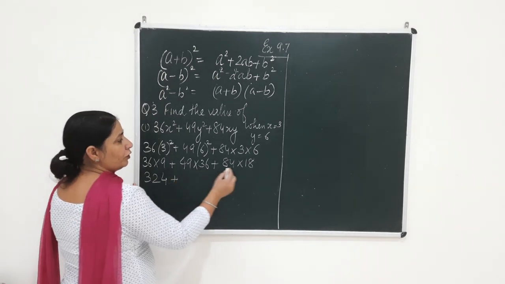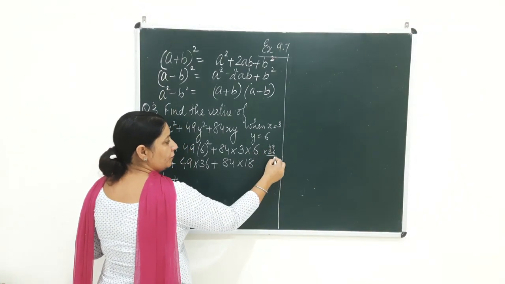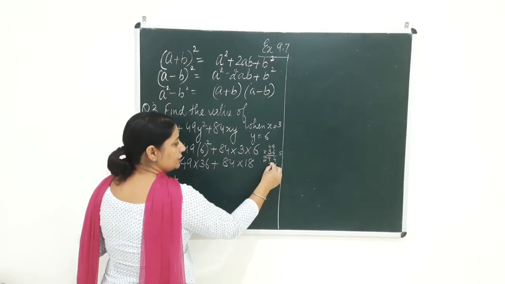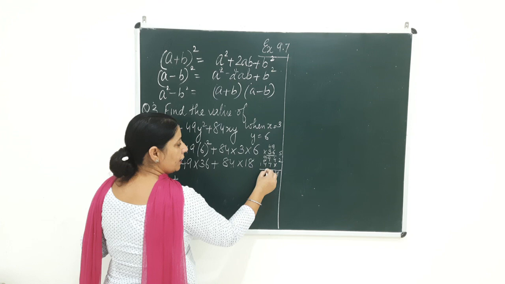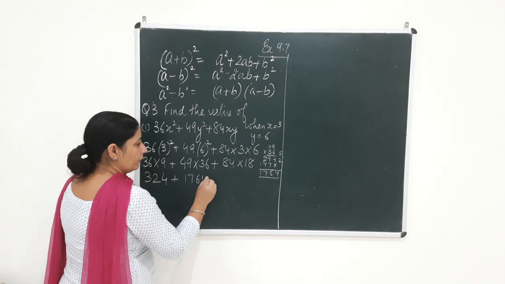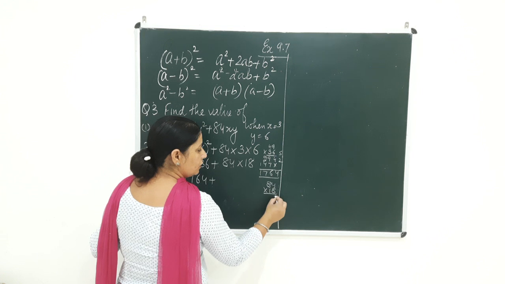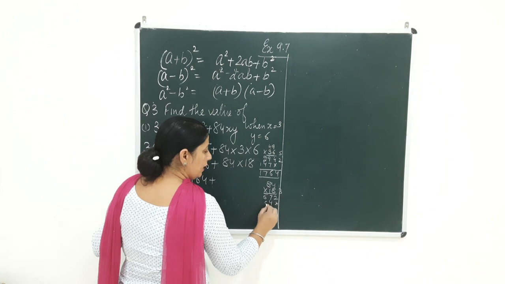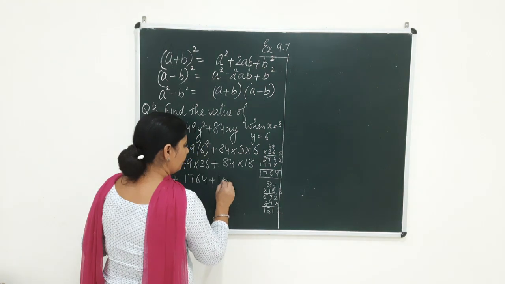Similarly, beta, we will multiply 49 with 36. 49 multiplied by 36. 9 sixes are 54, 4 carry 5, 6 fours are 24 plus 5, 29. 3 nines are 27, 2 carry, 3 fours are 12, 13, 14. So we get 4, 9 and 7, 16. We have got 7 and here we have got 1, 1764. Now children, last one we will multiply 84 with 18. Right, 8 fours are 32, 3 carry, 8 eights are 64, 64 plus 3 is equal to 67, 4 and 8, I'll get 2, 7 plus 4 is 11, 8 sixes are 48... and 1, 15, 1, 5, 1, 2.